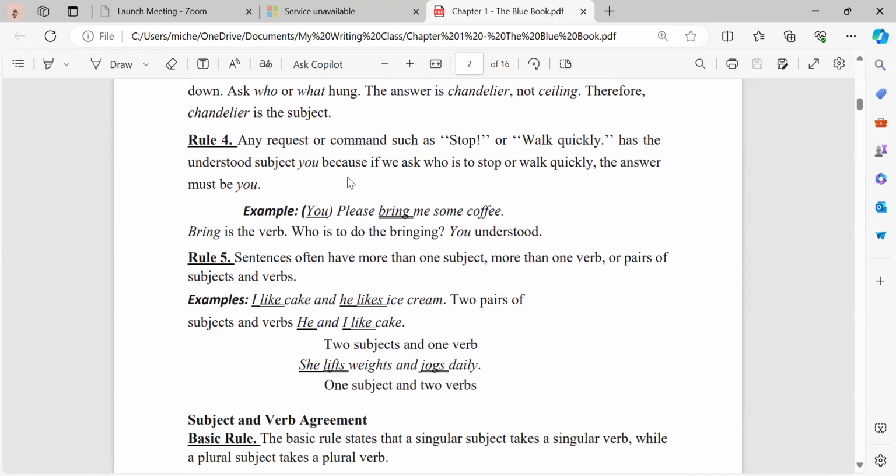So this is rule number 4. Any request or command such as "stop" or "walk quickly" has the understood subject "you", because if we ask who is to stop or walk quickly, the answer must be you. By this rule, sometimes in a command or request, for example "stop" or "walk quickly", or "Please bring me some coffee",